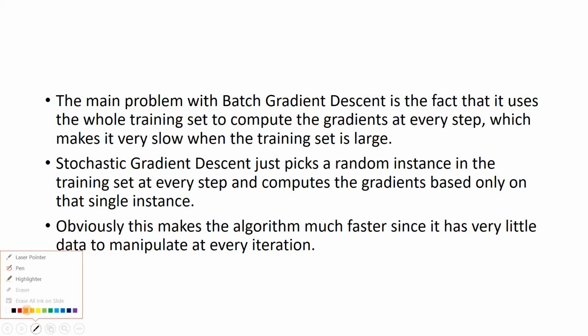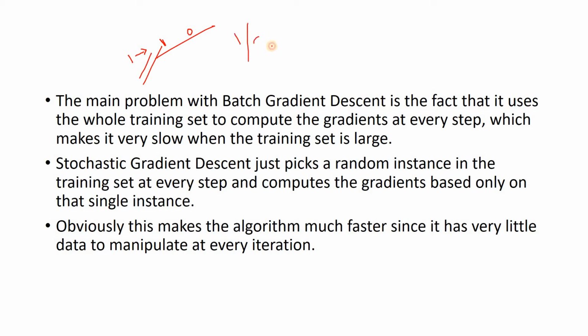But you can understand what we are doing here: we are updating our slope and intercept by observing one single data point. This might not be the true scenario. Suppose you toss a coin one time and then conclude the probability of head or tail. If head appears at that single toss, you would say the probability of head is 1. If tail appears, you would say the probability of head is 0. But this is not true. You need to toss 1000 or 10,000 times, and then you can conclude that the probability of head is half and the probability of tail is half. The same thing applies to stochastic gradient descent. As we are updating with respect to one single point, it might not be good.